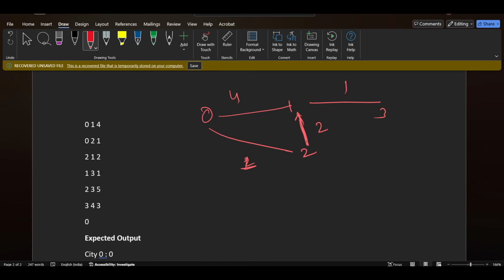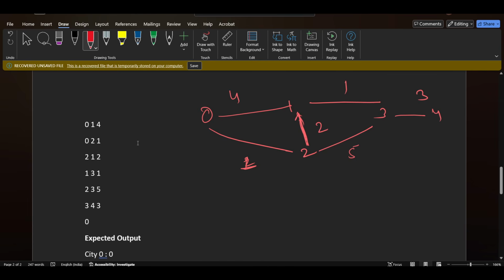From 2 to 3, the traveling time is 5 hours. Then from 3 to 4, the traveling time is 3 hours.